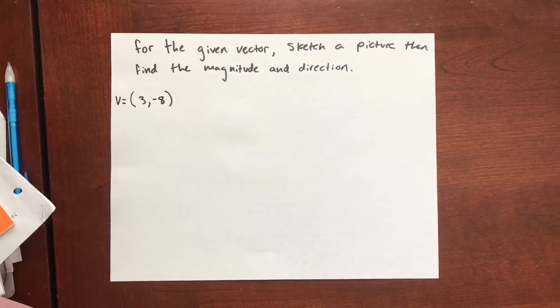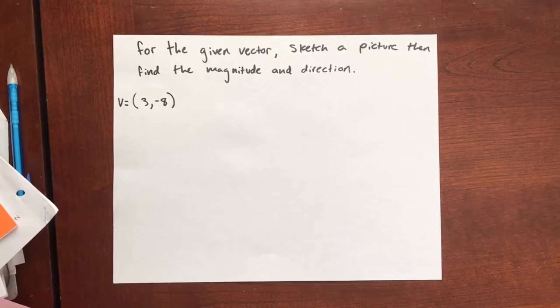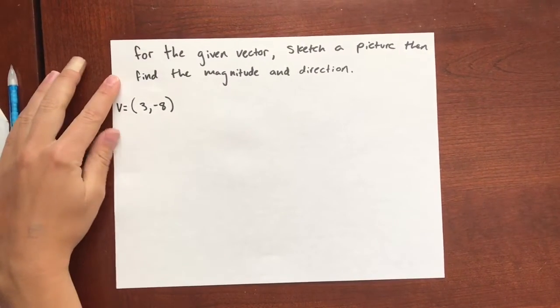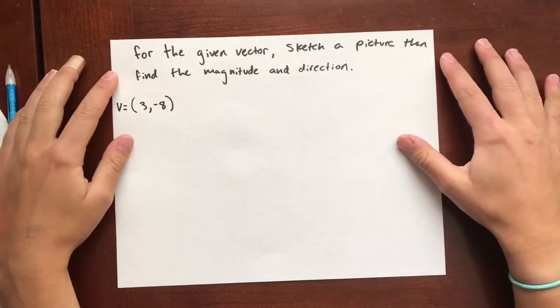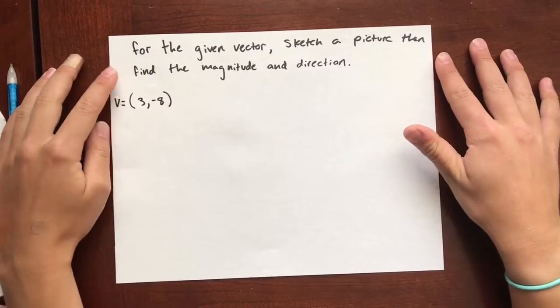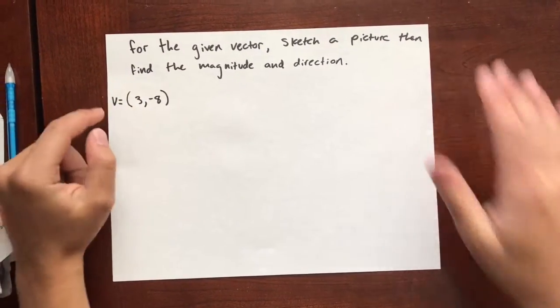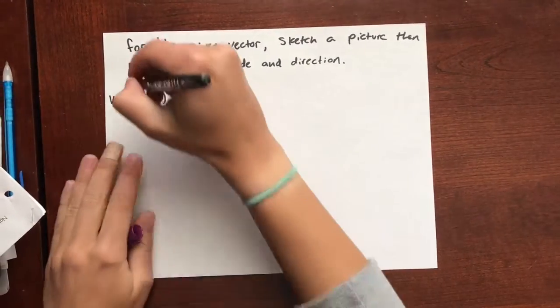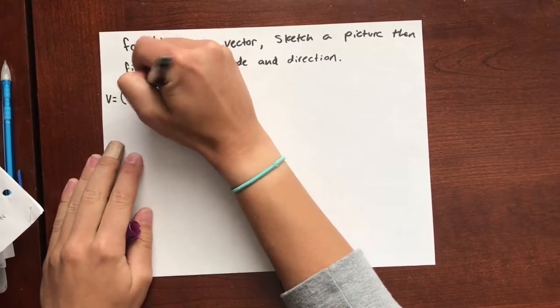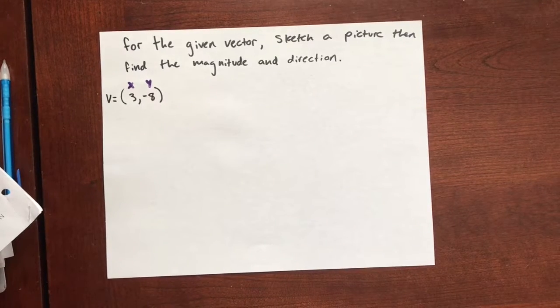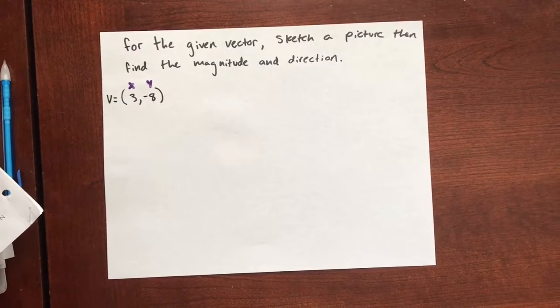Okay, so here we have a very basic problem for vectors. The question says, for the given vector, sketch a picture, then find the magnitude and direction. So our vector is 3, -8. And these numbers happen to be our x and our y values. So we're going to need that to start. To find the magnitude,